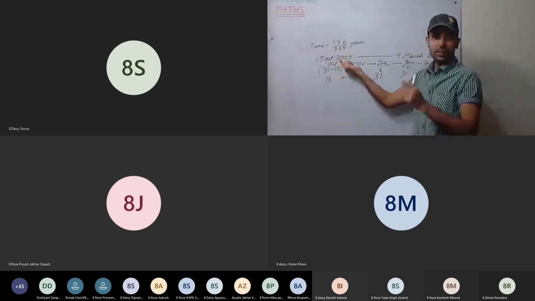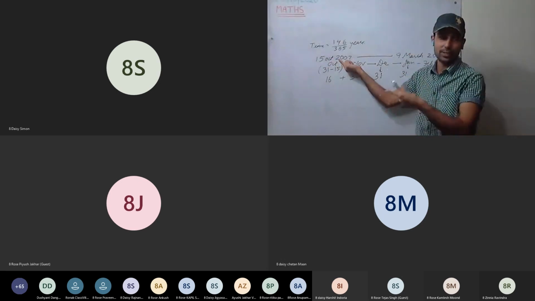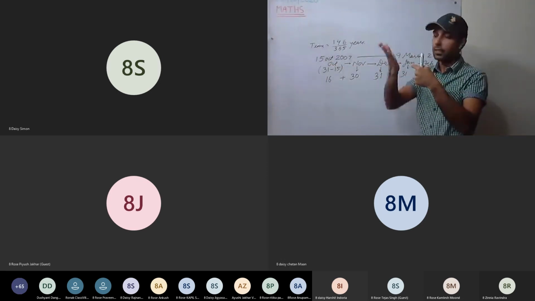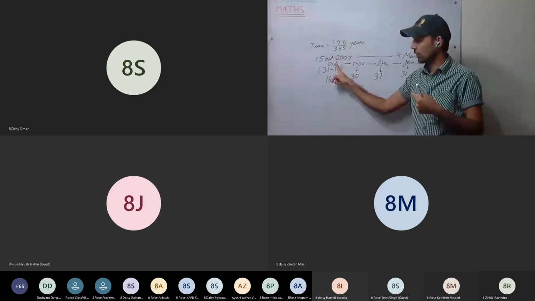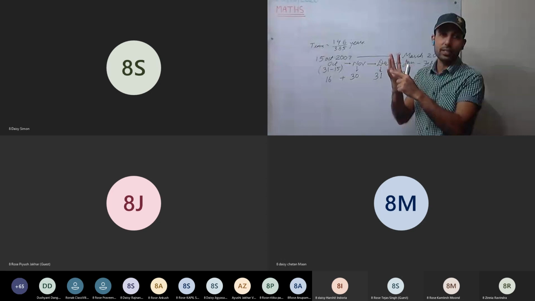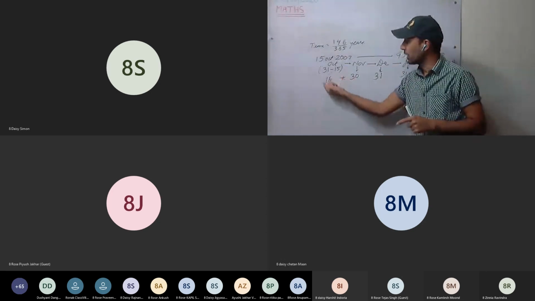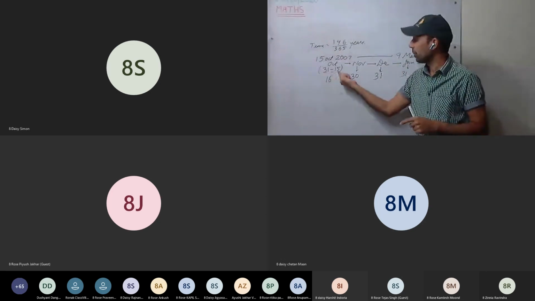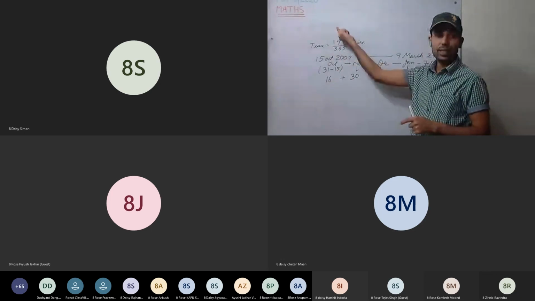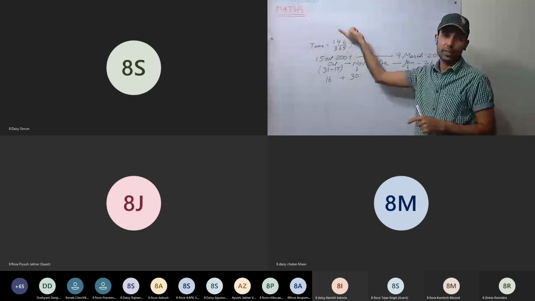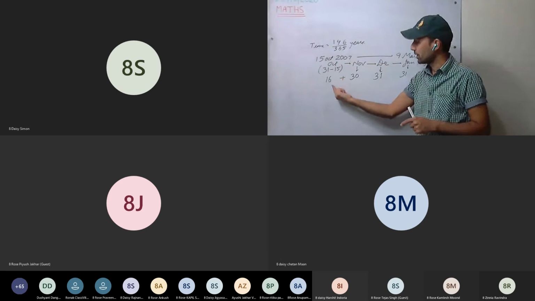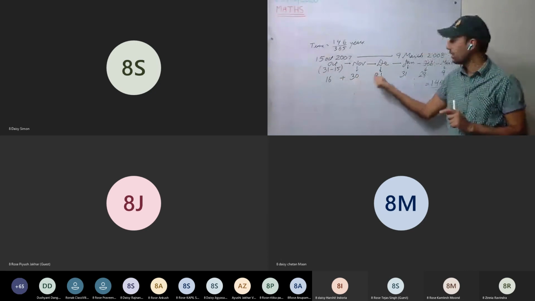So 15th October, the money was lent or invested. It was invested on 15th October. One day completes on 16th. That means 15 days from the month of October we must remove. What days should be there? 16, 17, 18, 19, 20, up to 31. So those days, how many are there? 31 minus 15, 16 days. This is clear. November, 30 days are there.